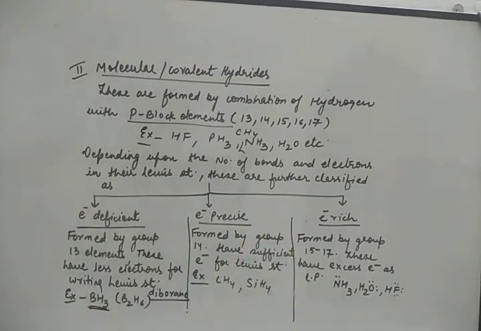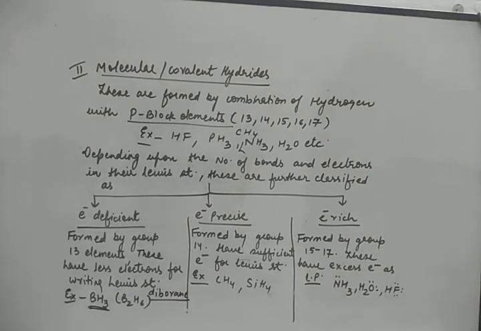And the last is electron rich. Now these are formed by group 15 to group 17 members. Now what happens in these? These have excess electrons which are present as lone pairs. So after writing the Lewis structure, what we'll find? We'll find some extra electrons, and these extra electrons are represented as lone pairs. For example, in NH3, nitrogen is having one lone pair. In water, oxygen is having two lone pairs. And in HF, fluorine is having three